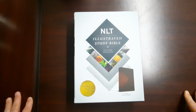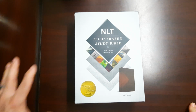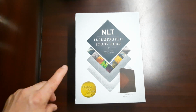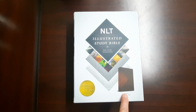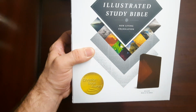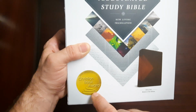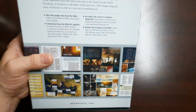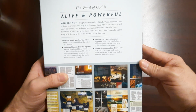This is Pastor Kevin O'Connor, and I have another little gem that my wife got for me, and I wanted to show this one to you. This is the NLT Illustrated Study Bible. It is in Deluxe brown and tan. If you didn't know, the NLT Study Bible has now been given the Christian Book Award of Excellence, the Medallion of Excellence. This study Bible is chock full of stuff that is very useful for studying,